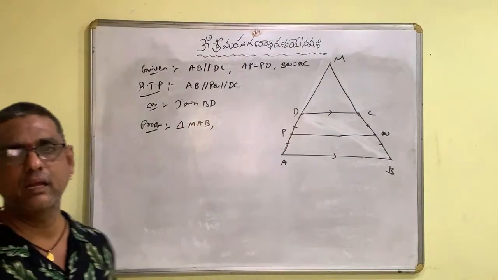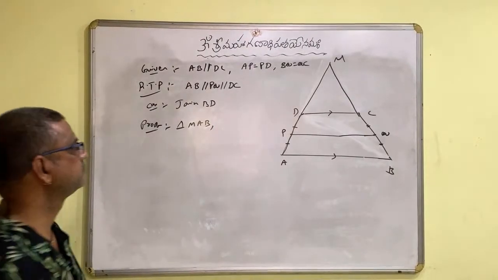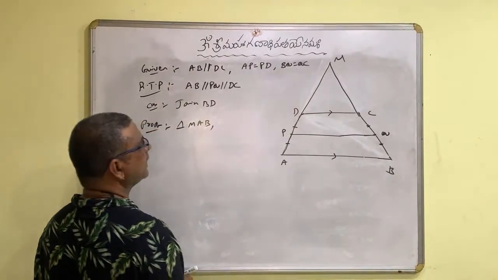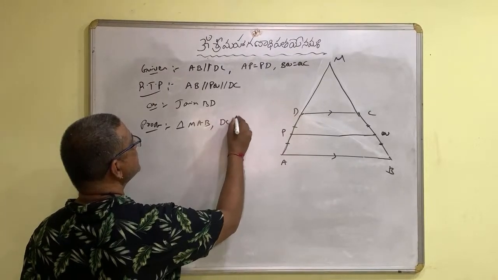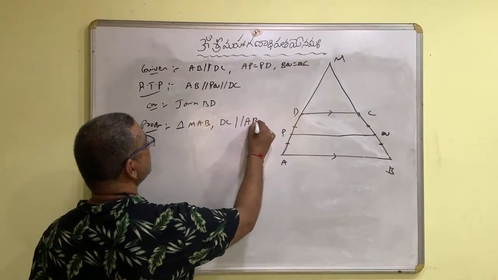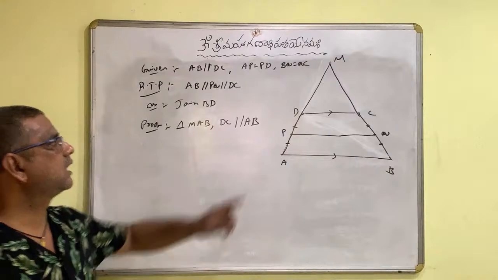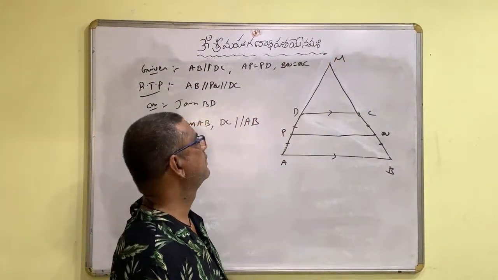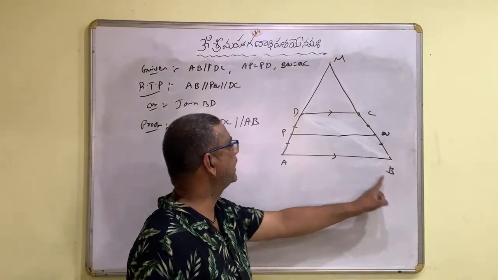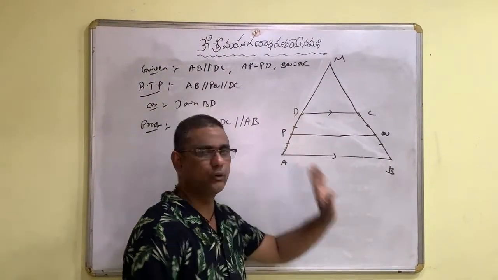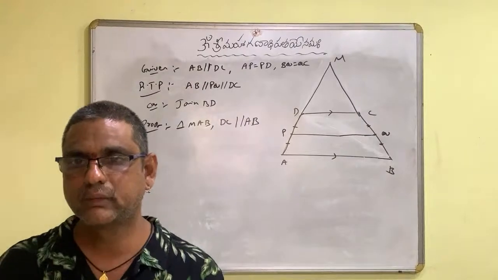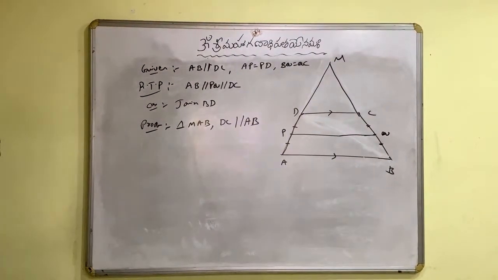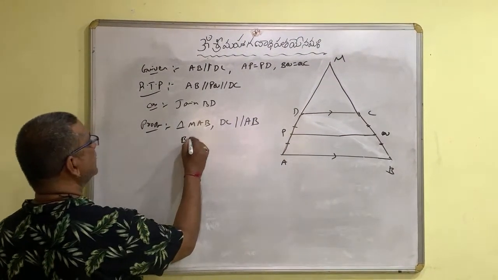In triangle MAB, DC is parallel to AB. So by the basic proportionality theorem,